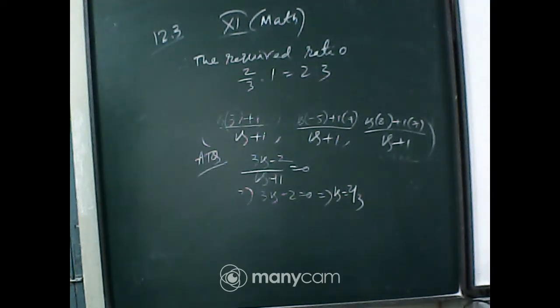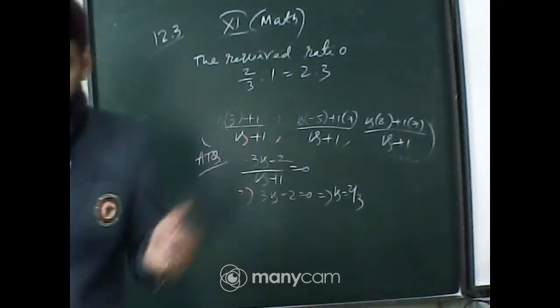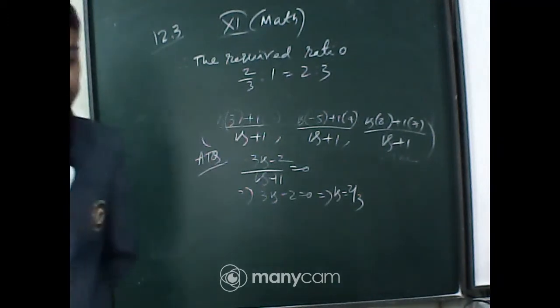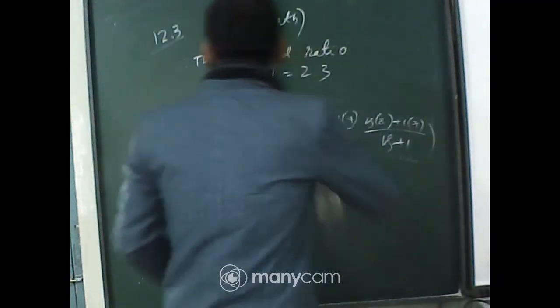Okay, wait once. That is using the section formula. That is mx2 plus nx1 by m plus n, my2 plus ny1 by m plus n, that section formula. Using that formula, you have to show that A, B and C are collinear. Three points are given, the coordinates are given, you have to show the 3 points are collinear. I am erasing this one.